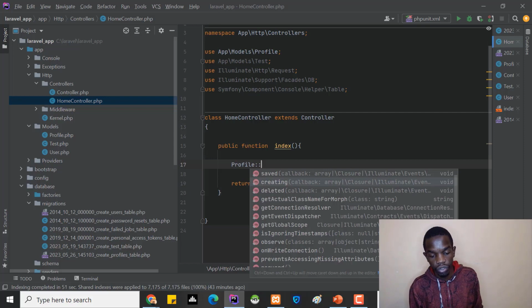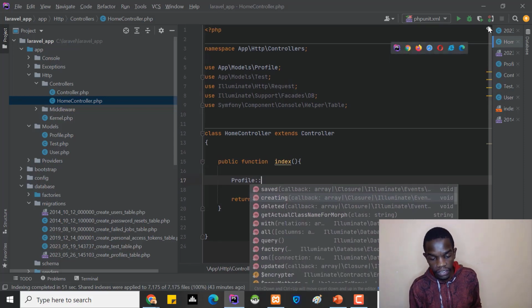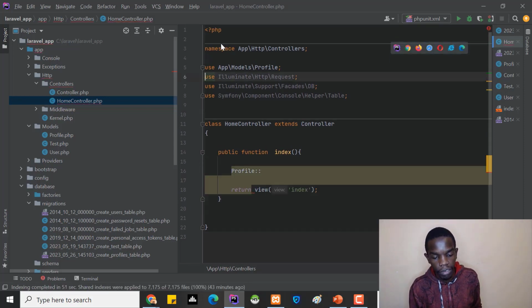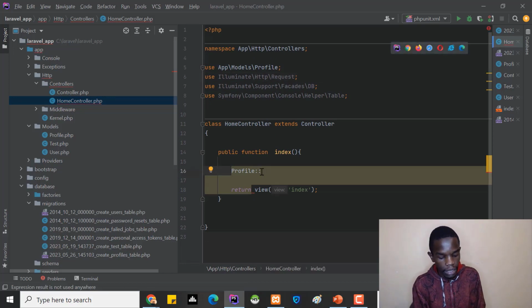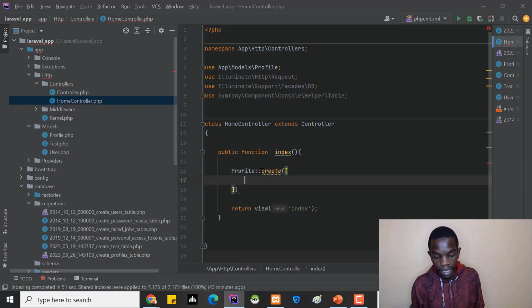All right, so you need also to import this file here, app model profile, to import the profile model. And then in order to insert into the DB, you need to use the create method. And then inside here, you're going just to pass an array with the data that need to be inserted into the DB. In this case, we need to have the name, and this name will be